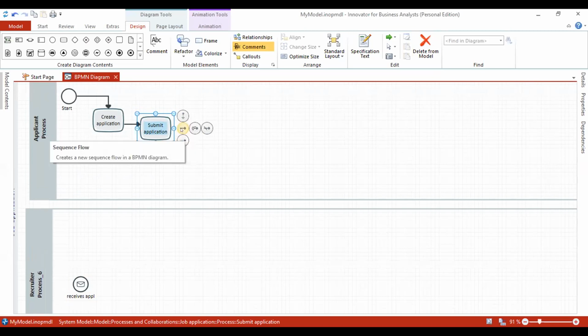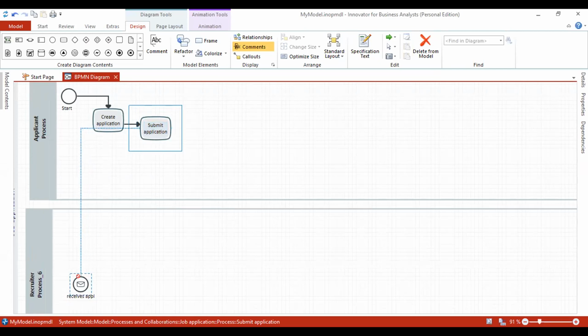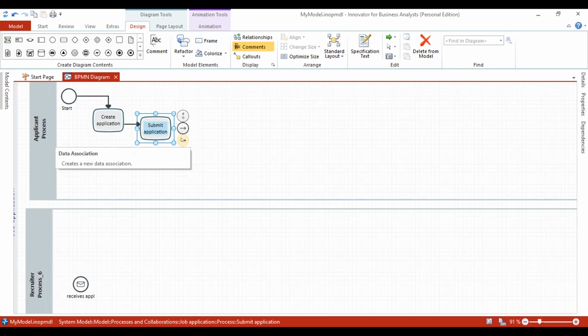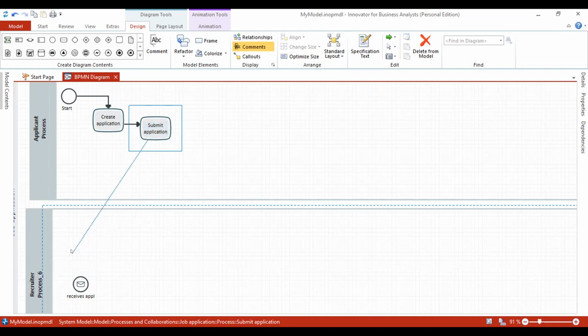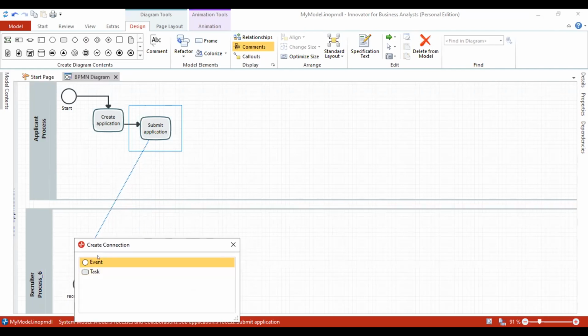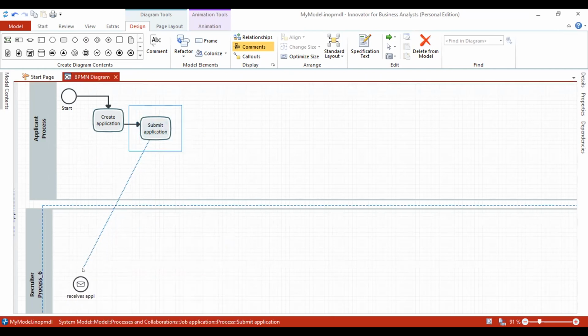You remember last week I told you that this flow, if I take the sequence flow to this one, it will not work. You go from one lane to another lane, we don't use sequence flow. We use message flow. If I use the data association also, it will not work. So we use the message flow. But make sure that if I leave it this way, it will not work. You see that where it is, it will not work. It will bring this one, which is a problem. So if you are leaving it, make sure that it touches